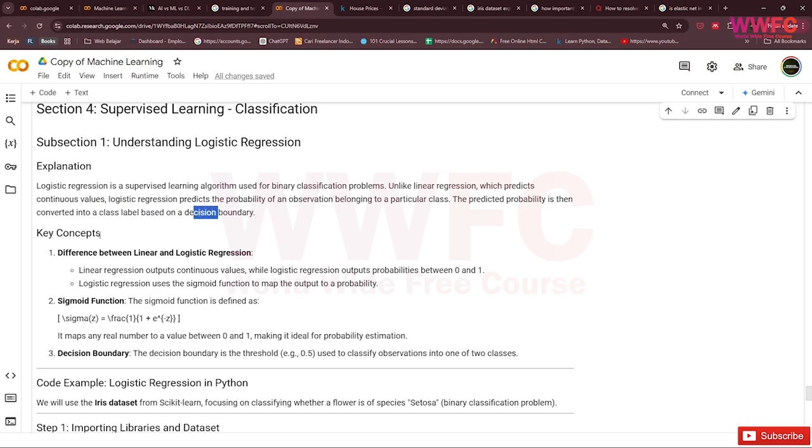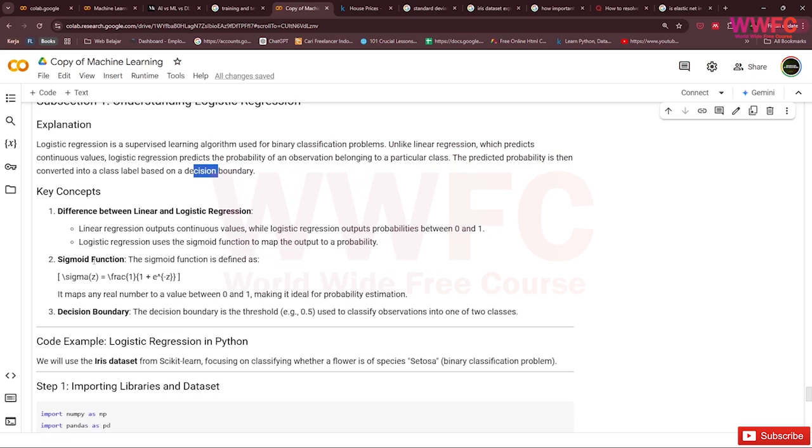So you have a key concept here: the difference between linear and logistic regression. Linear regression outputs continuous values, while logistic regression outputs a probability between 0 and 1.